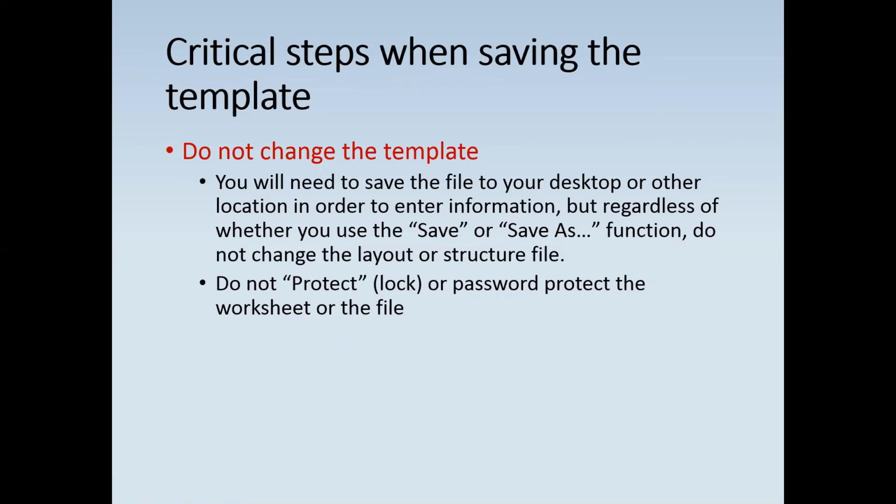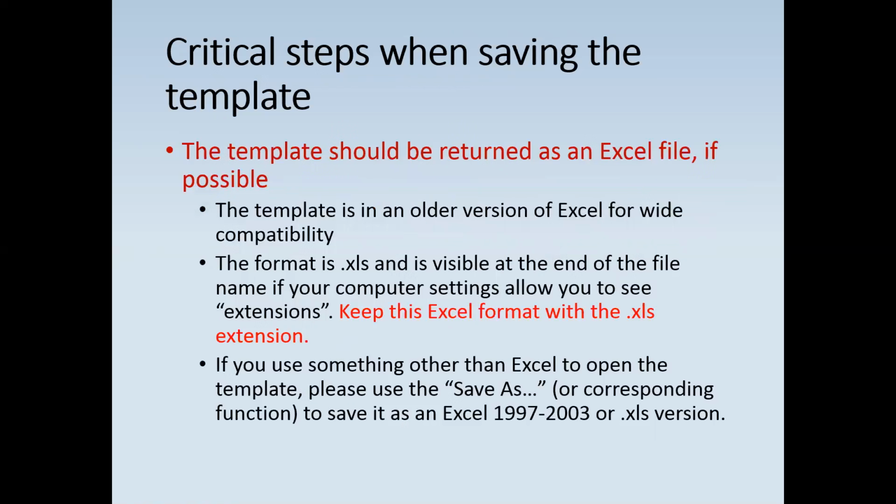Second, do not add any protection or passwords to any of the tabs of the spreadsheet or the entire Excel workbook. The information will be protected as long as the file is transmitted through the iowa.gov secure mail portal. The automated processing depends on the consistency of the template that is sent to you through the secure mail message. For this reason, it is important that the file you return is in the same format as it was sent, which is an older version of the Microsoft Excel format.